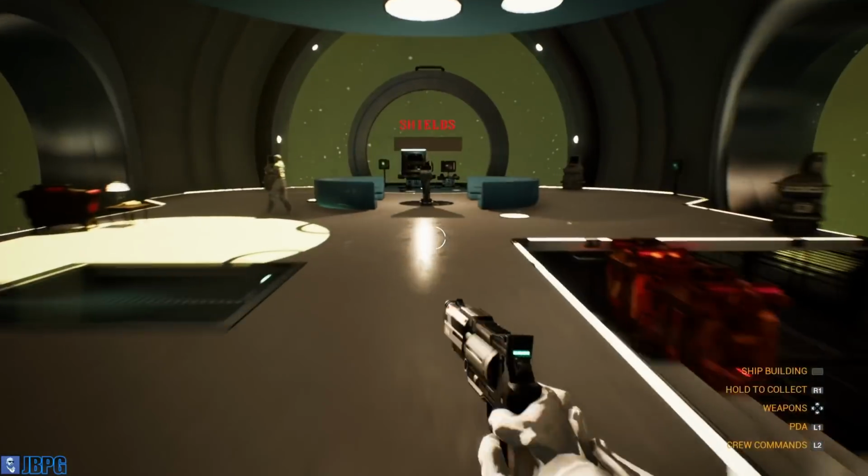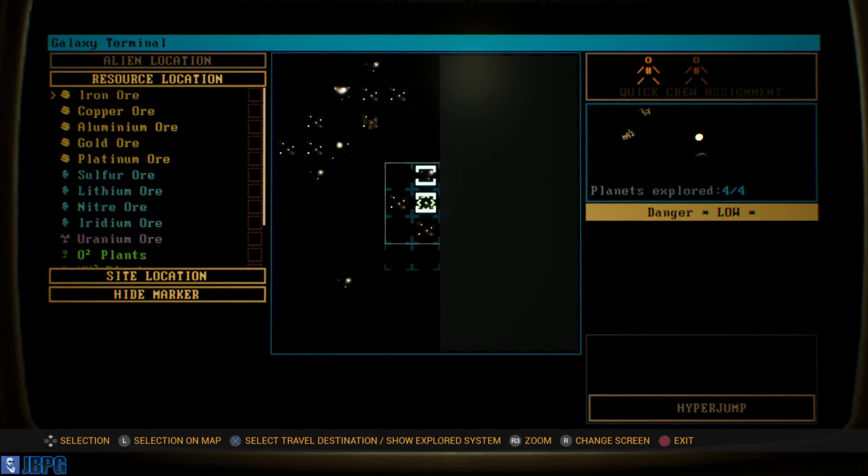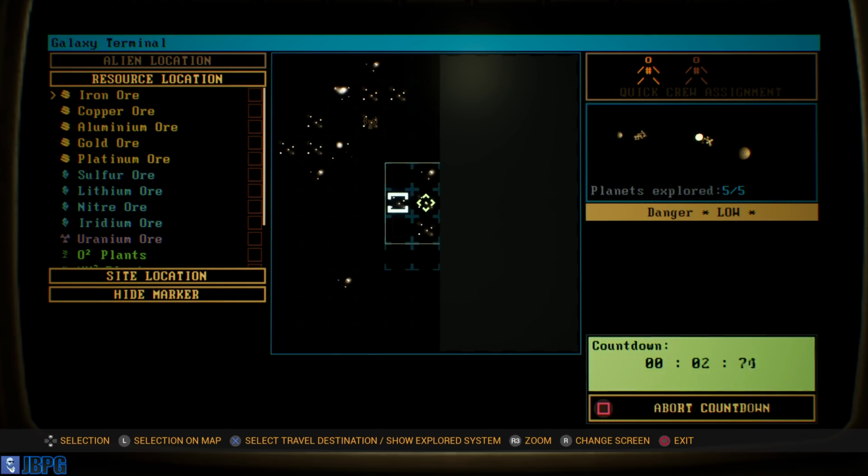So, let's go find another system. Find some more resources to grab. We're probably going to want... Let's see. Let's have a jump to this one. We haven't been in this system yet, so... Hyper jump to this one, and I will see you